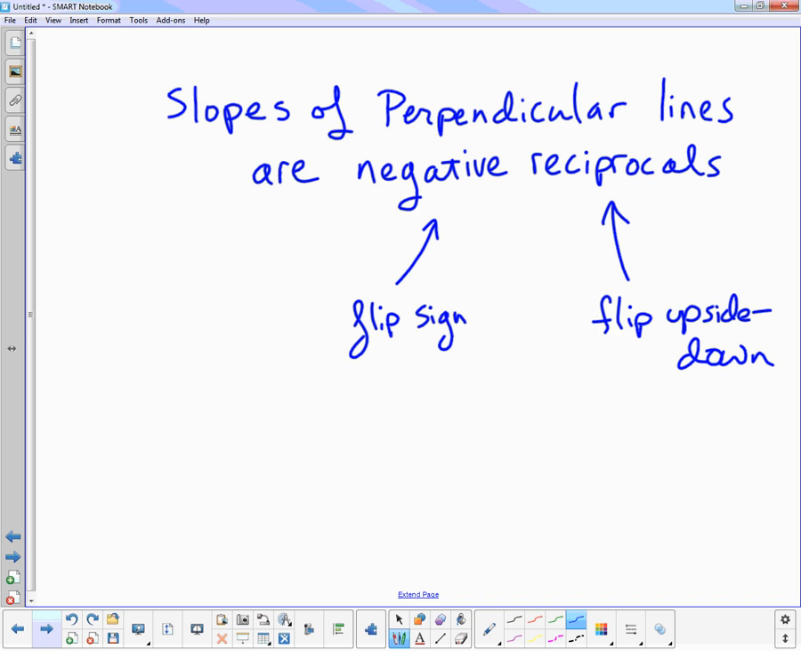You flip the sign and you flip the fraction upside down. In fact, another way to do this, and I've actually seen this question pop up more than once,